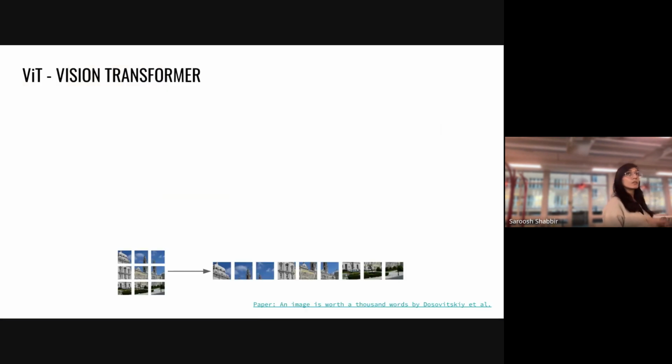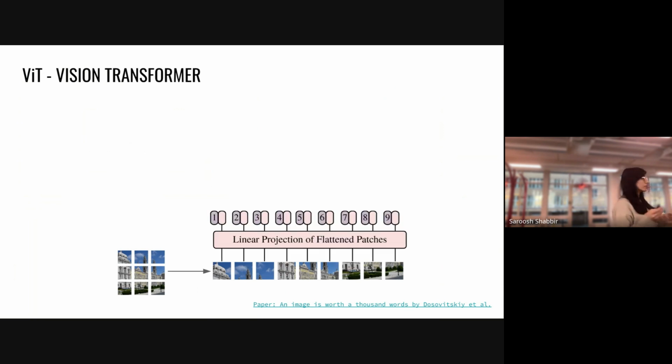How they solved this in 2021 was a paper by people at Google, actually. Instead of dealing with pixels, they divide the image into patches, and then they process the patches to be able to pass them to the transformer. They unroll the patches into a sequence, embed and flatten the patches, and then add the positional encoding on top. This 1, 2, 3, 4, 5 denotes a positional encoding. It's a learnable embedding also.